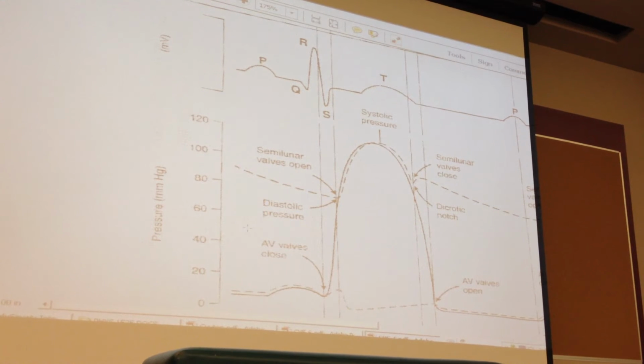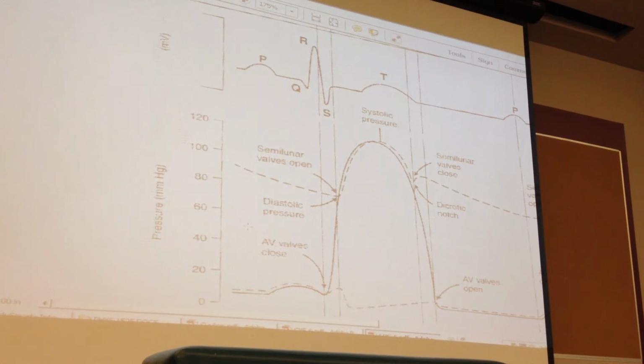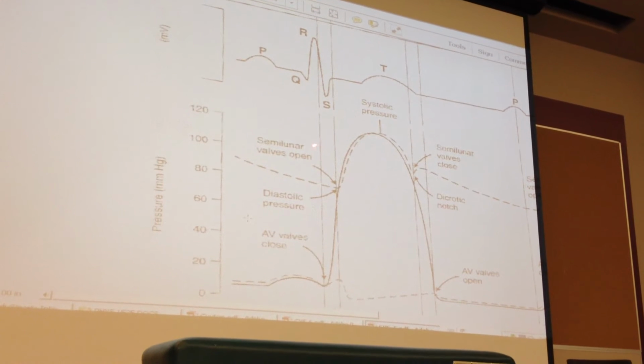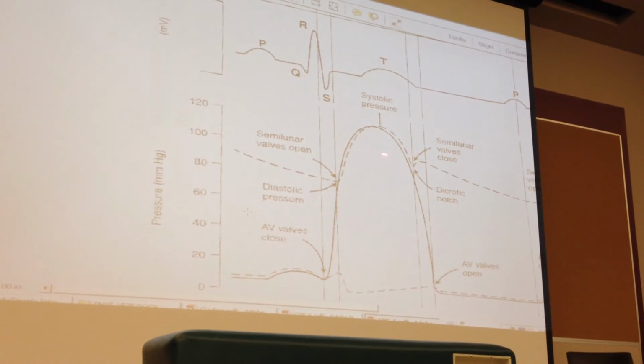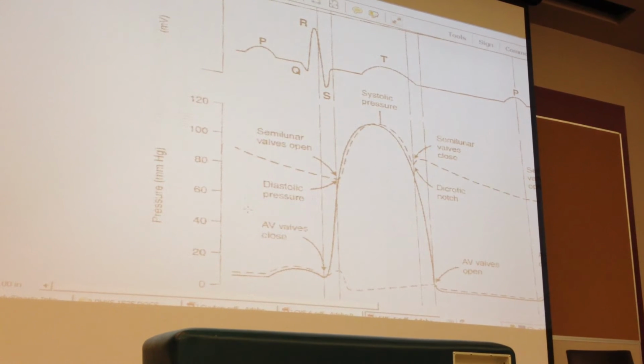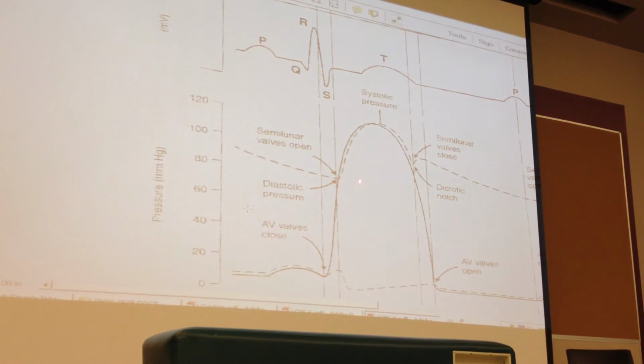Now, let's look at the next figure. Down here, the same lines. So, period of isovolemic contraction. The next would be the period of ejection. Remember? The pressure within the ventricle has increased to a point where the aortic valve and the pulmonic valve are now going to be opened. That's the period of ejection, that large area, the long time between the second vertical line and the third vertical line.